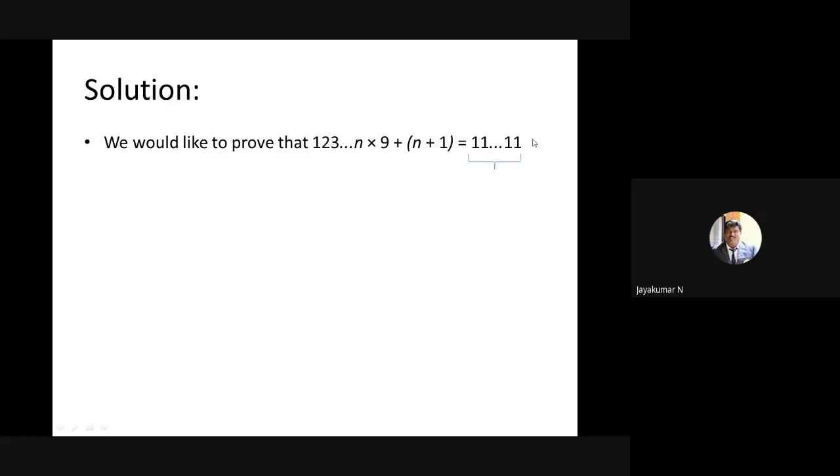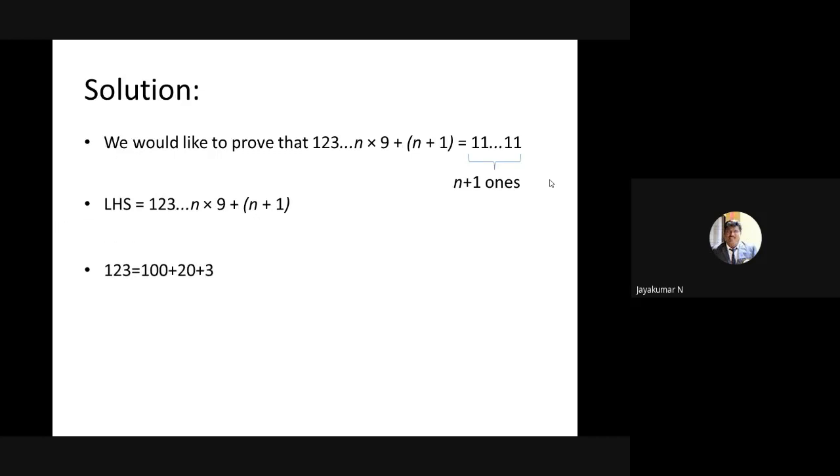How many ones are there here? Please, anyone reply me. In the nth equation, how many ones are there? n plus 1 ones, because in equation 1 the second addend is 2, so definitely 2 ones. In the second equation I have 3, so I have 3 ones. In the nth equation I have n plus 1, so there are n plus 1 ones. Taking the LHS, I have to prove the RHS. I start with the LHS and have to prove the RHS.